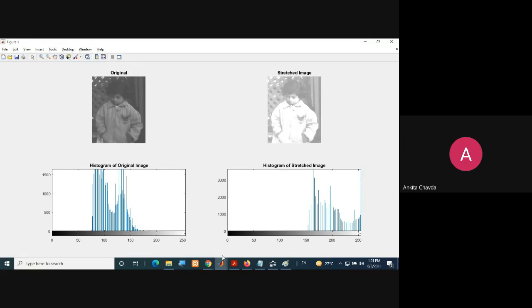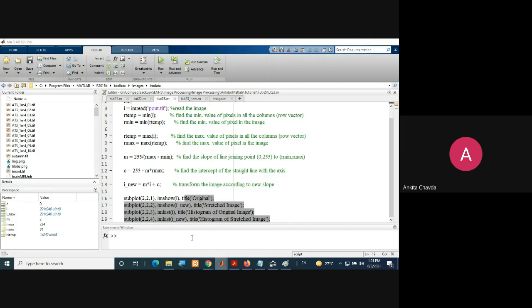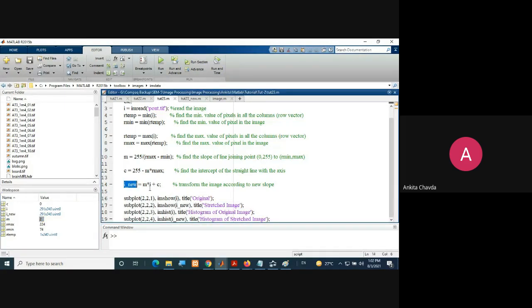Now you can check the values. You can check the value of m. So the slope value you are getting is 2. Whatever the new intensity range you are getting, you are multiplying this m with your original one. So if your lowest intensity is, suppose, 0.3, it would be multiplied with 2, so it will start from 0.6. That is what we are getting here.